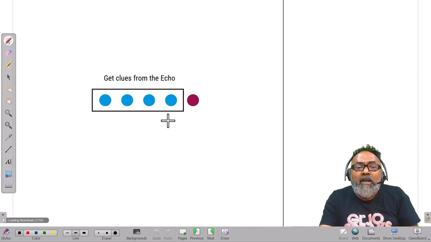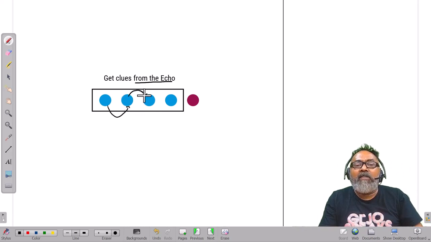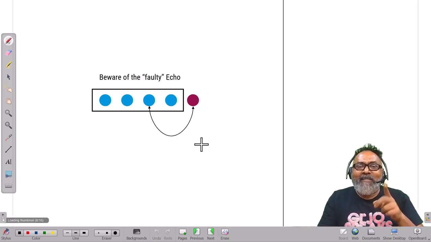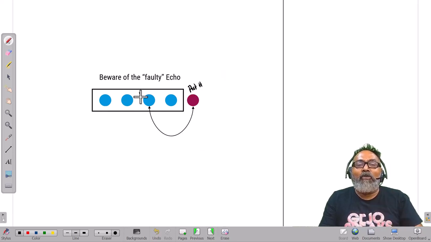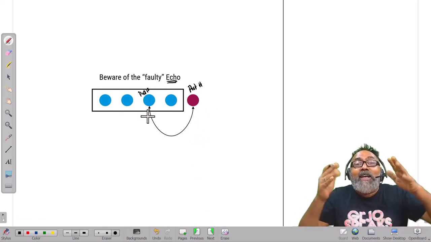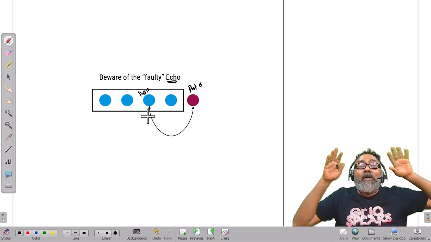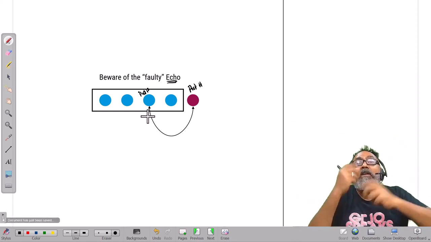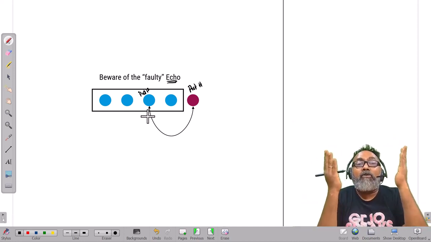What is the easy way to find controlling idea? We'll see echoes. If all are about the controlling idea, there would be some kind of echo, not in every single sentence, but some. So there'll be repetition of idea. One thing you have to beware of here: there could be faulty echoes. I can still have post-humanism mentioned here and post-humanism mentioned here. Just because you find an echo does not mean that you will start saying that, okay, the other sentence is not part of the story. Okay, echo is only going to help us understand what the controlling idea is. So when you keep reading, if you find echoes, that will help us understand controlling idea, right?